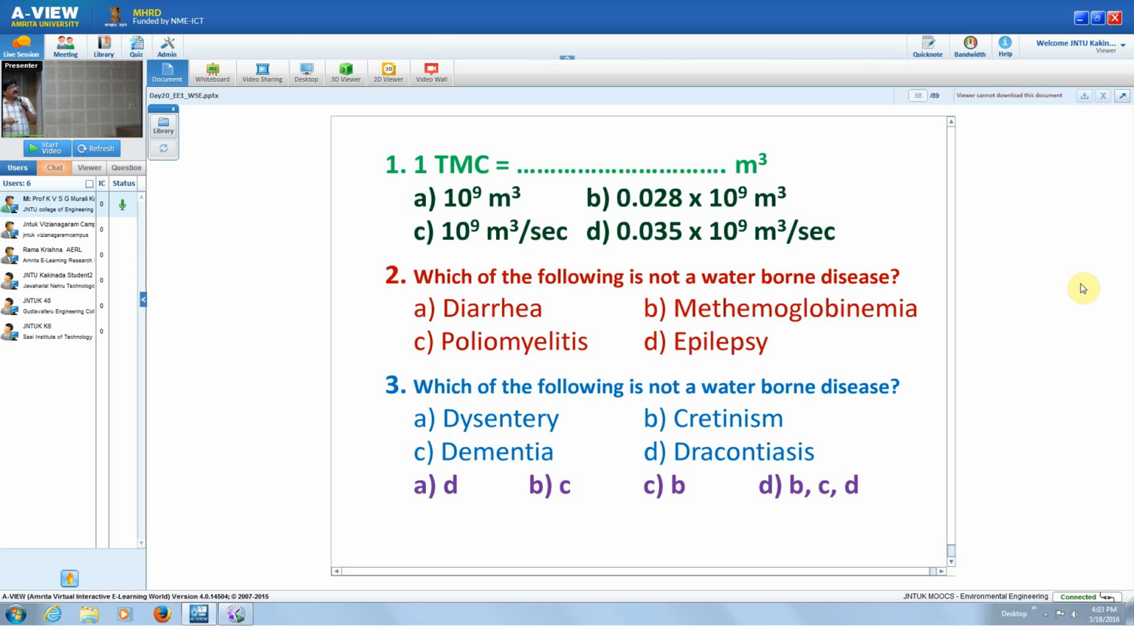Third question is, which of the following is not a waterborne disease? Dysentery is a waterborne disease. Cretinism is a waterborne disease due to some lack of something. Dementia, generally before going to college we suffer. Magnesium, for example, magnesium sulfate causes